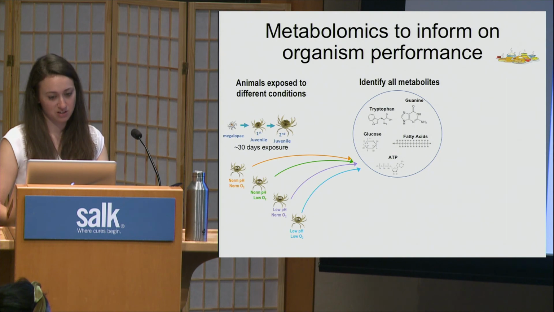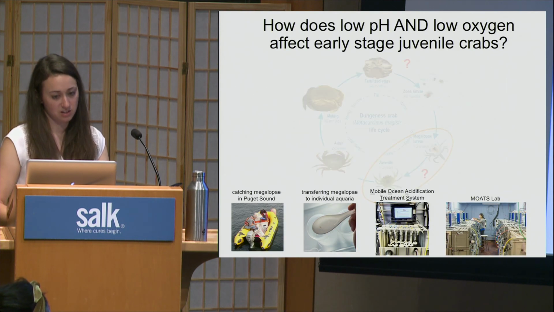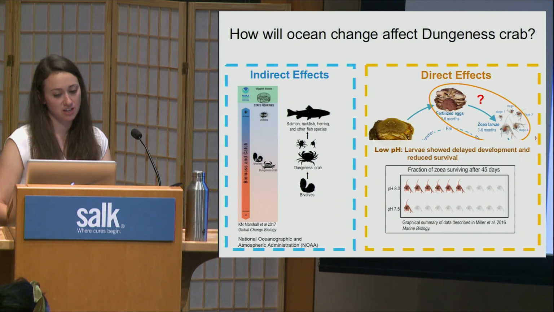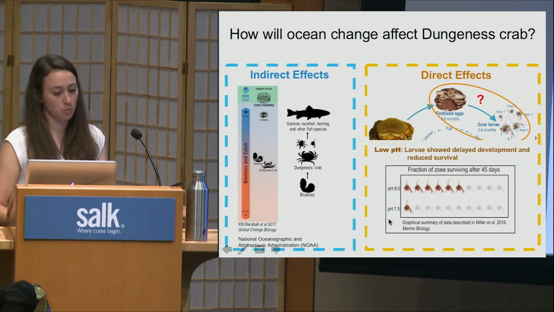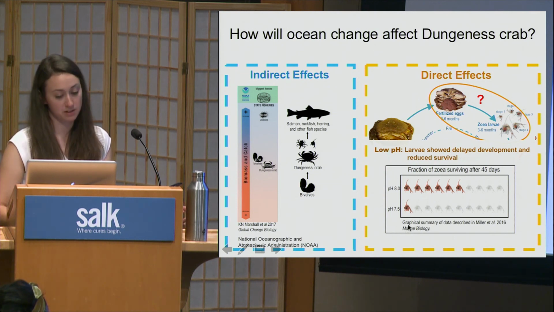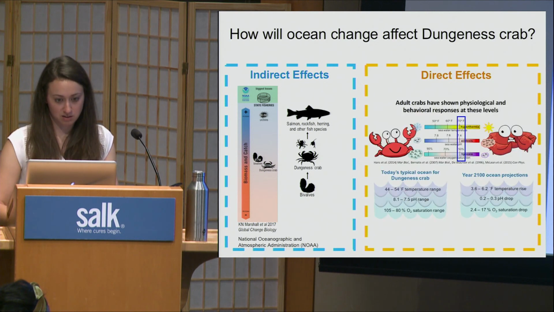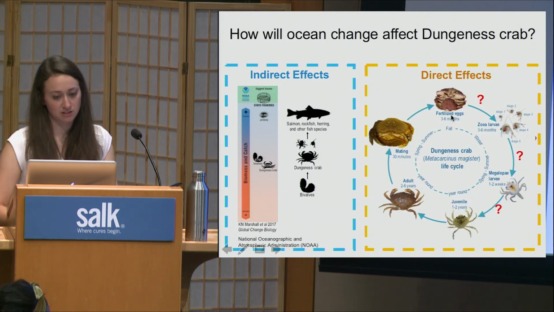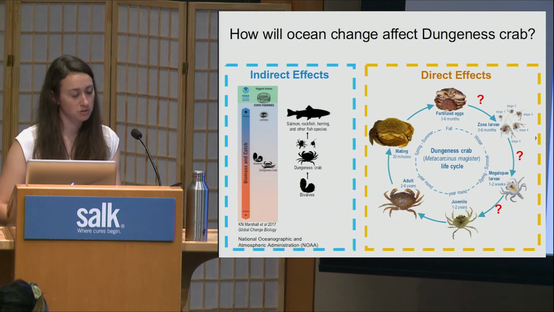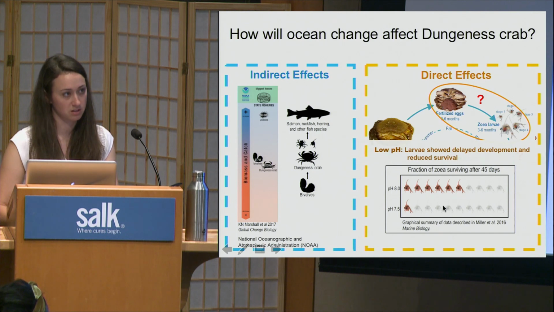So the previous experiment was on the larvae, or was it on the eggs? They did actually look at that. And one other thing I wanted to mention is that there was a lower pH condition in this experiment. They looked at 7.1, and that also had this same effect. I just didn't include it because this is more similar to what I was looking at. And they did look at the hatch rate, I believe, and they didn't see a difference in the hatch rate of the eggs. The difference that they saw was in the development and survival of the larvae.